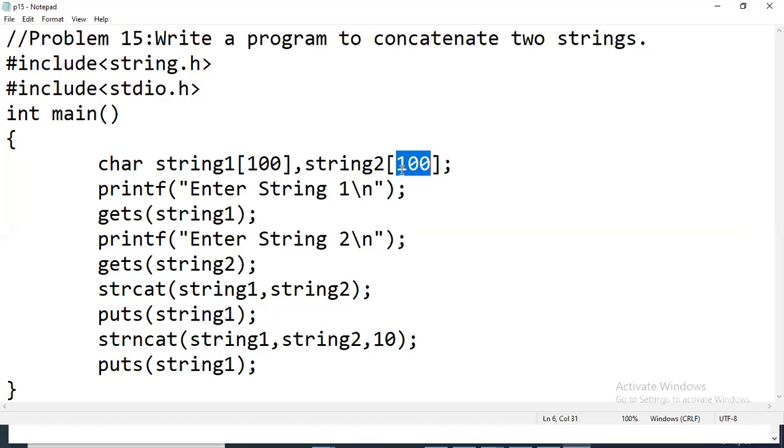Otherwise, if you are giving a lesser value, say you give 20, right? In that case, 20 will not be enough. Then you can give 40 or 50, right? That also can be done. But instead of taking like this, we just simply give 100 so that it will serve, right?